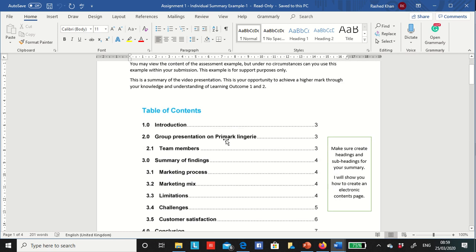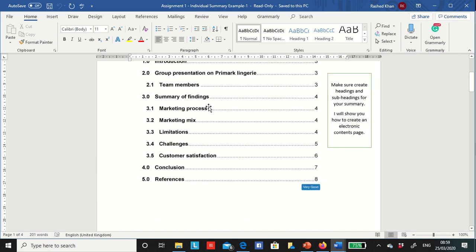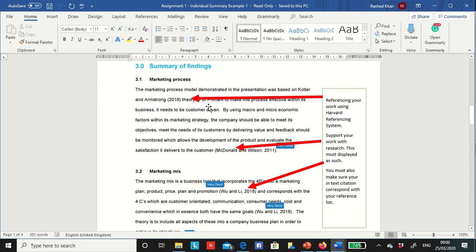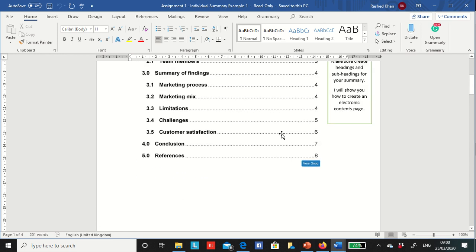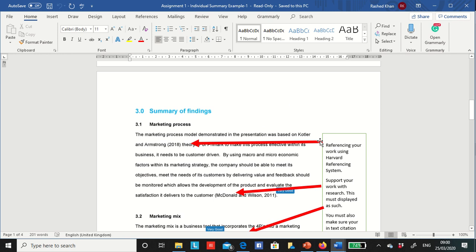So just quickly going through again, this is how to make your table of contents. We have shown. The good thing is this is a video clip, so you can pause, rewind, fast forward, so you can see it again and again. Okay, and what are the essential contents you'll have to cover? Obviously, this is about marketing process and the marketing mix. Then don't forget to write in 6 critical points, which are limitations, complex marketing, challenges, benefits, opportunities, impacts.